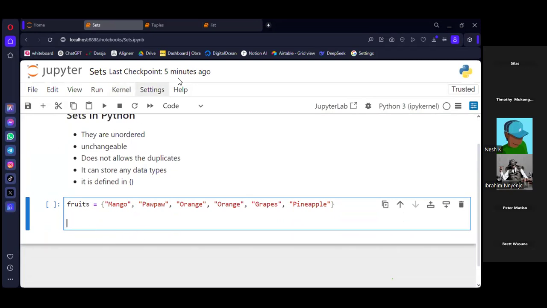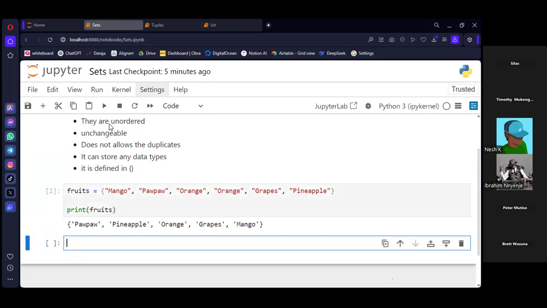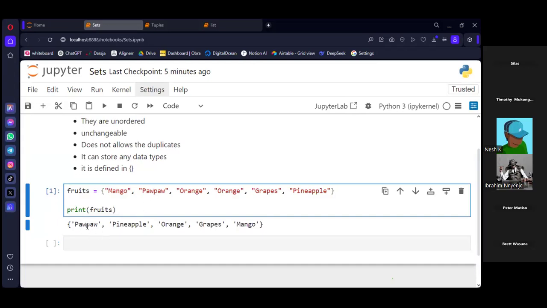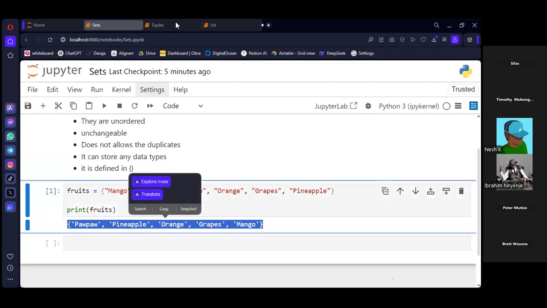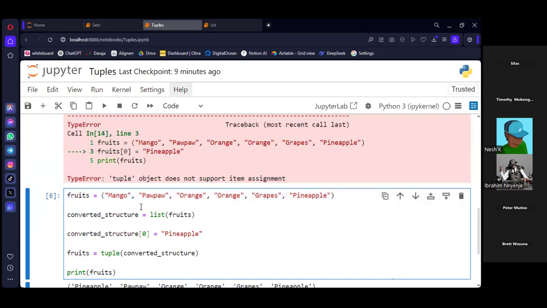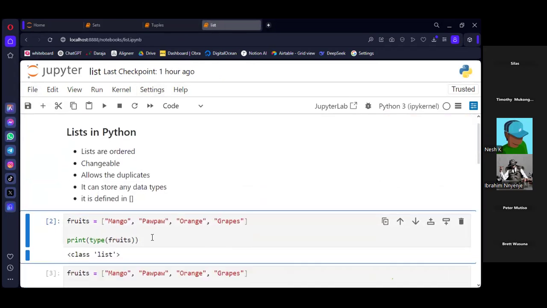In other cases, for example the tuples and list, the output when you print your fruits was to begin with mango, but in this one it has begun with purple, then pineapple, then orange, grapes, and mango. So it doesn't have the order like what we had in the list and the tuples.